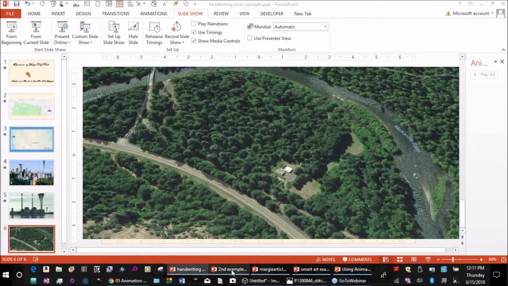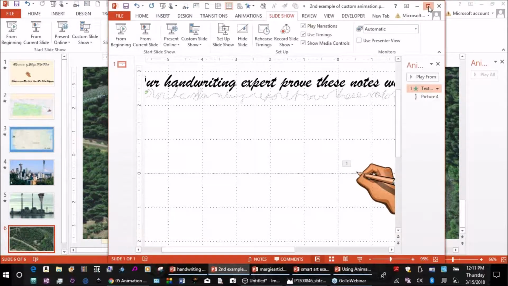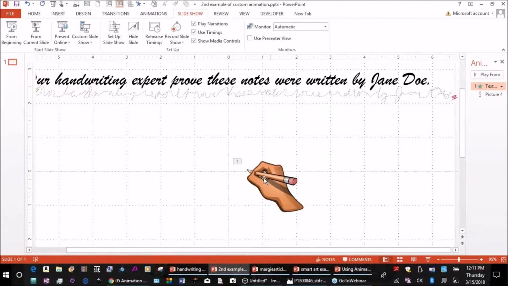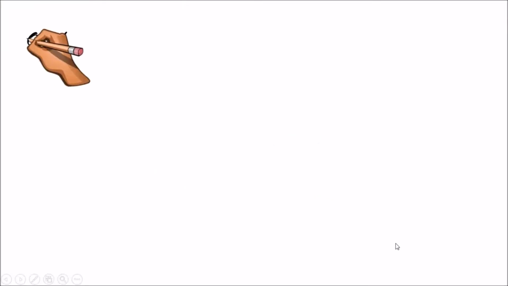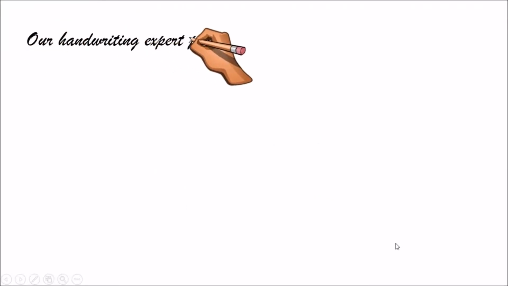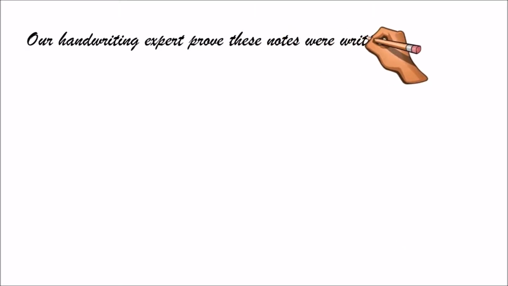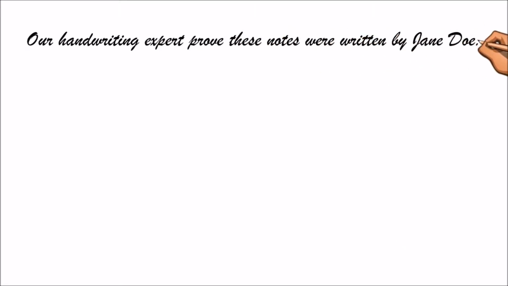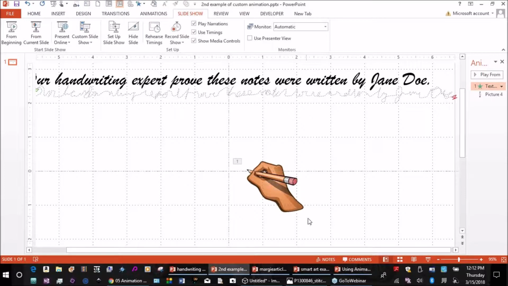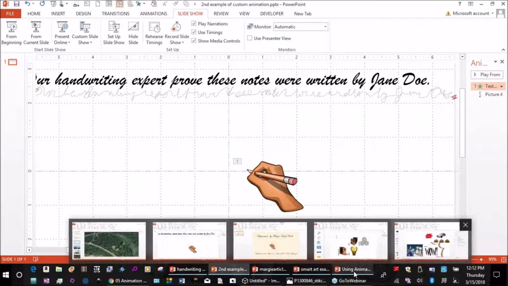Let me see if I can bring this up here. This is another example of that animated hand. So I'm going to play this one. And you see this time I have to go a little faster and speed it up a little bit. Okay, so that's a couple examples of how you can use an animated GIF, a still GIF, and animate it. So let me go ahead and